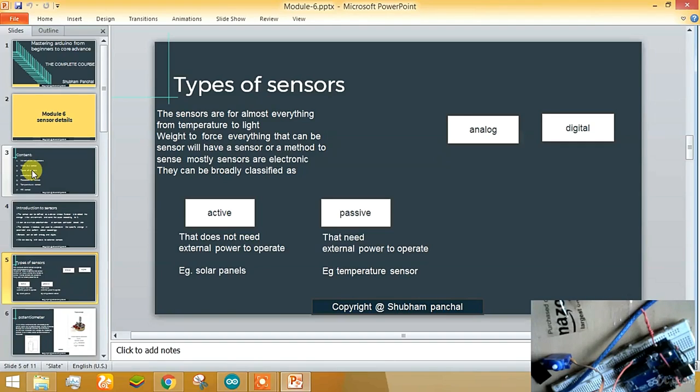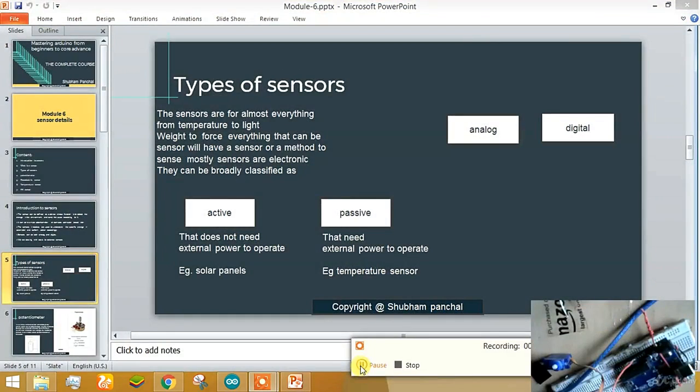And a passive sensor is a sensor that needs external power to operate, such as a temperature sensor. A temperature sensor is a device which needs power as an input. Well, here you can see that this is a temperature sensor that gives the value in the form of a measurement. You can measure the temperature outside by using a library which is specially dedicated to this temperature sensor, and